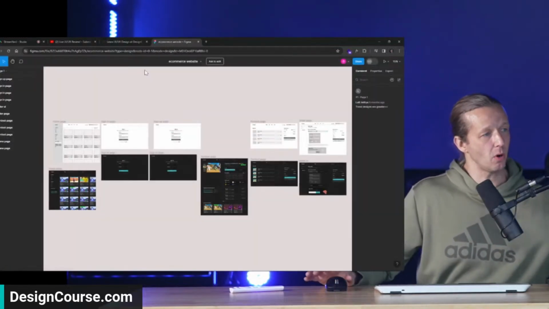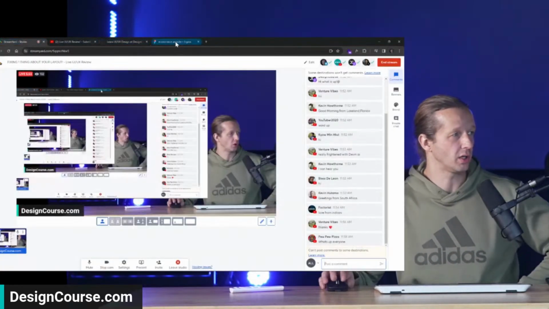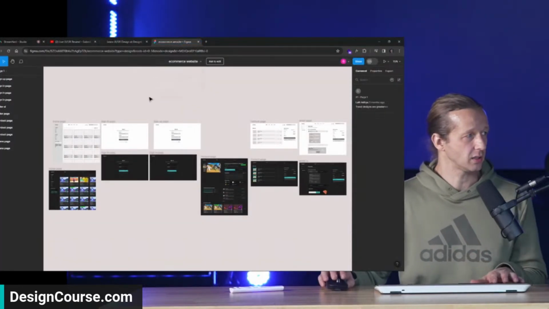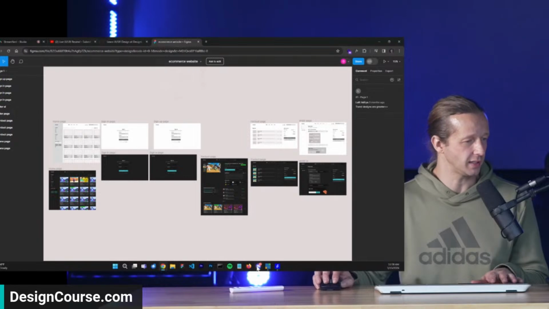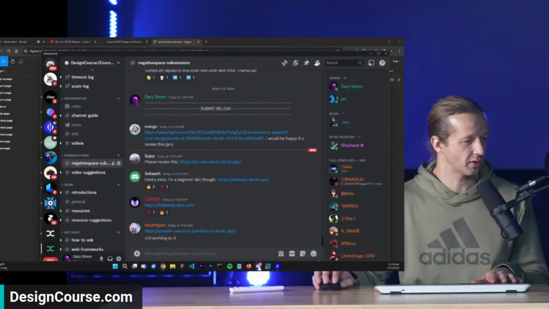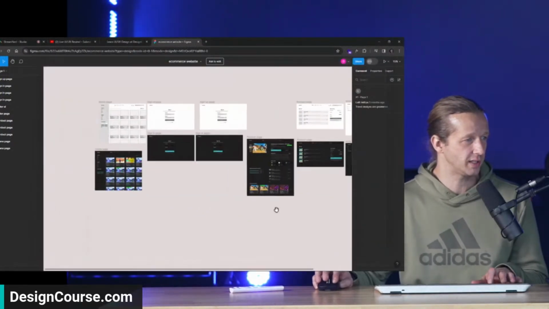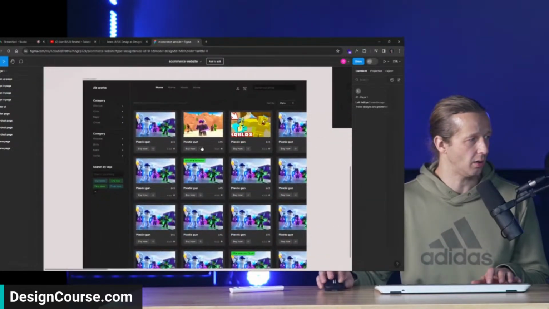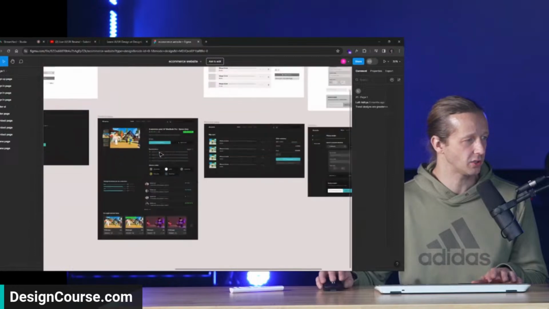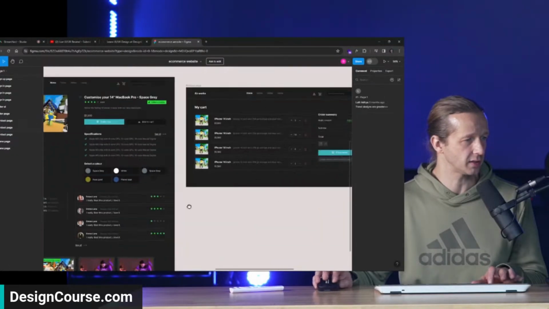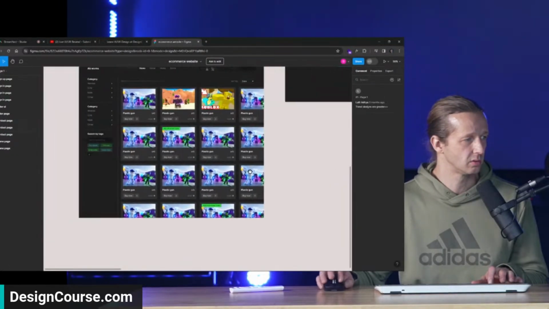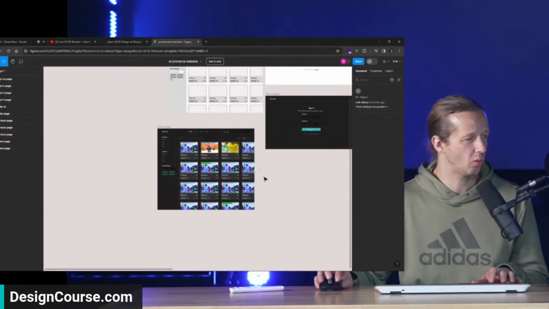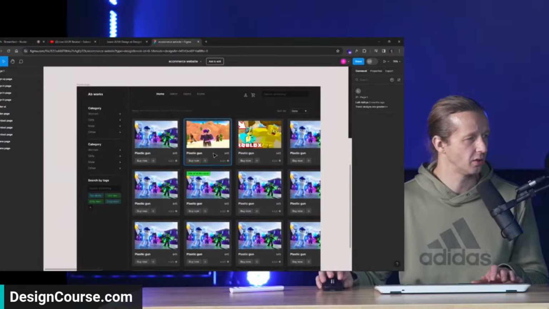Let me adjust my monitor and make sure everything is going good in here. Okay, awesome. Let's go back to that Discord. I just want to make sure there's no other additional information. There's a bunch of screens here. It looks like there's a light mode and a dark mode. I'm not sure what the main home page or landing page is. I'll just start right here.